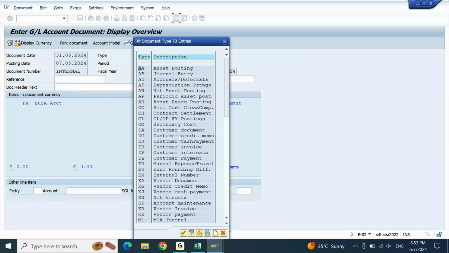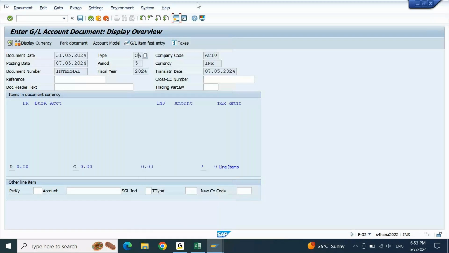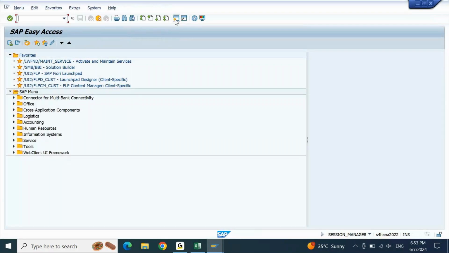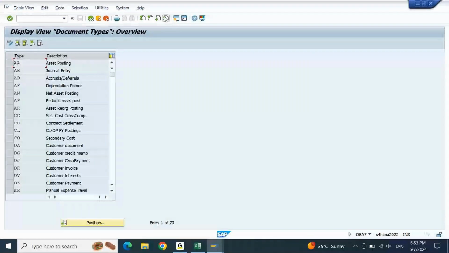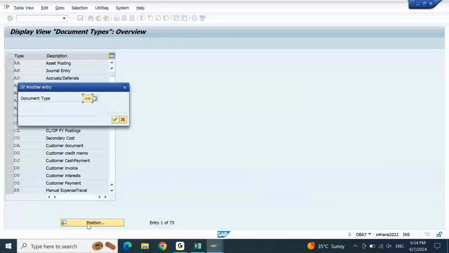Because if you look at the document type, everything is interconnected here. It's not that straight away I understand the document splitting, I know 3 types of splitting. That is not the way the system is working. That is not the point of how you will understand the document splitting. If I go to document type OBA7, if I open any document type, let's say if I pick up SA here,